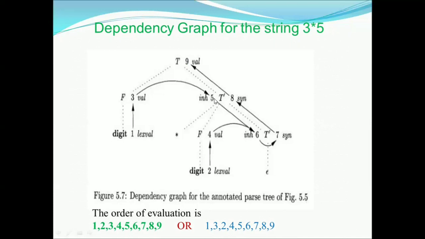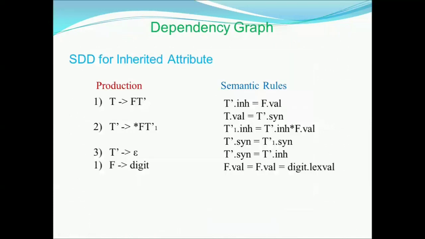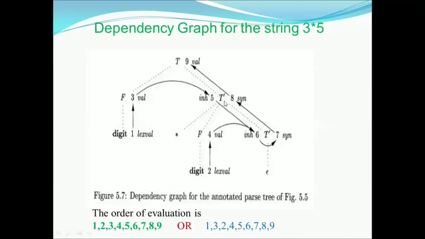So we write a semantic rule, that is, T dash dot inherited is equal to F dot value. You can observe that my T dash dot inherited is getting its value from F dot value. So this is my synthesized attribute, whereas this is my inherited attribute. Why am I getting this value? Unless I get this value,